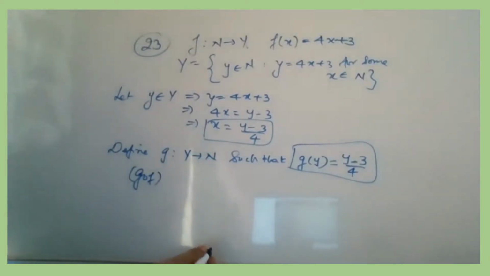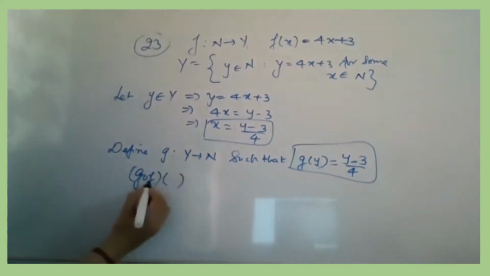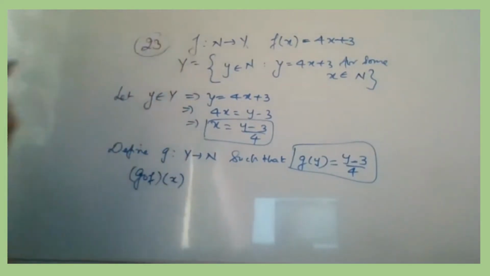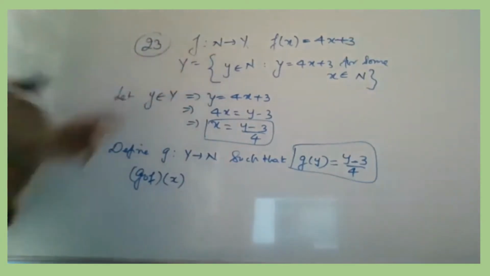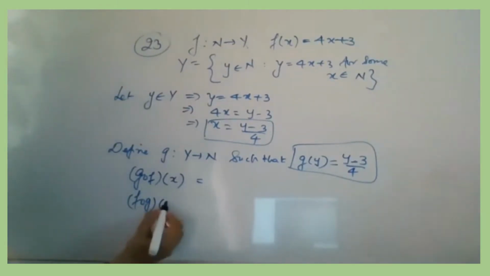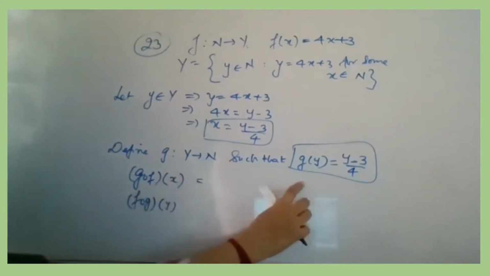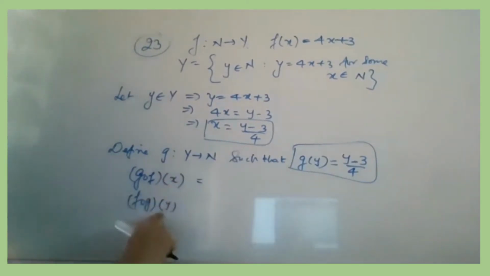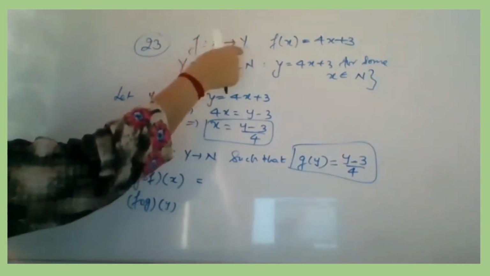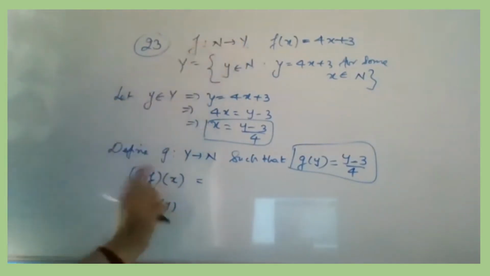Now when we take g composition f, we always apply f first, which is why we take x here, because it will be from the first set of f. And when we write f composition g, we apply g first, so we always write y. That is the only difference. Whatever you write should be obtained at the end. Did you understand why we are writing this? For g we always apply the opposite set, which we take as y, and the first element we always take as x.